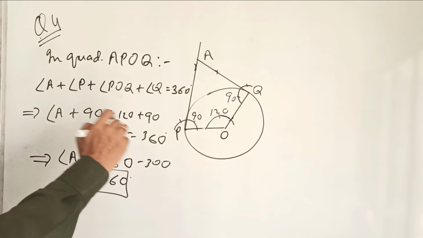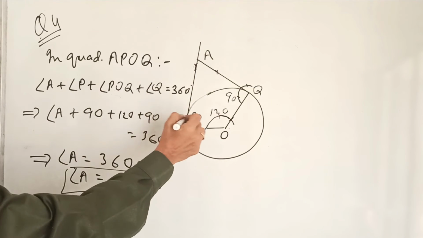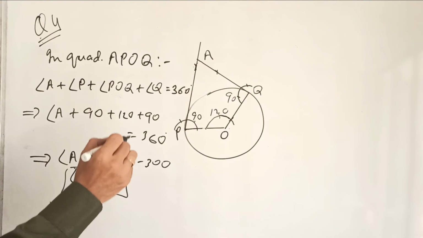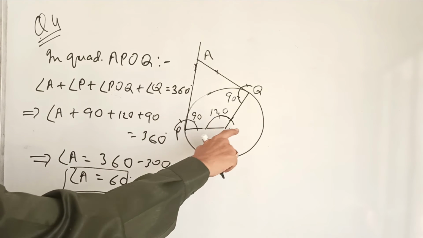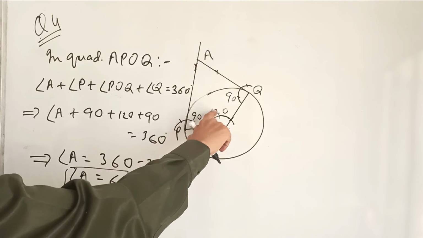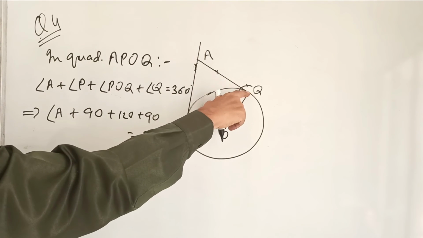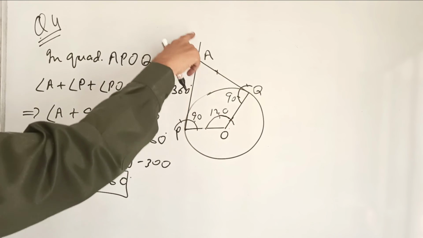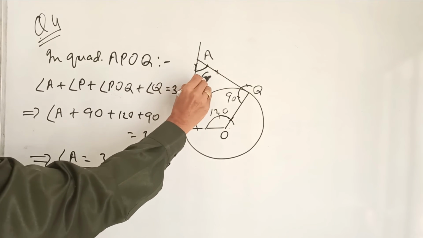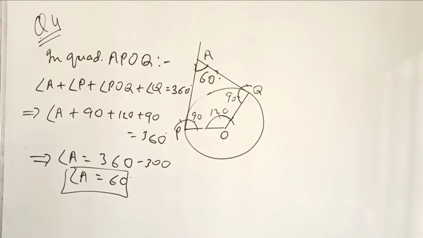So it's a very important question based on the angle sum property of a quadrilateral. Very simple. Listen once again, I am recalling this. We'll draw the radius, draw the 120 degrees, then 90 on this radius, 90 on this radius. The two tangents will automatically meet at 60 degrees. Okay, student. Now listen, student.